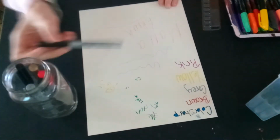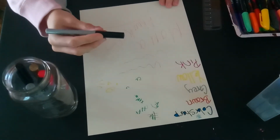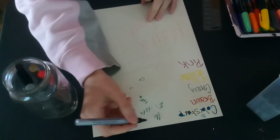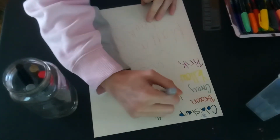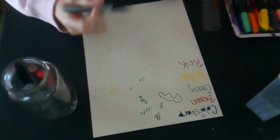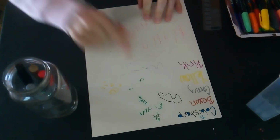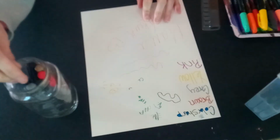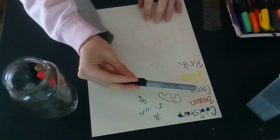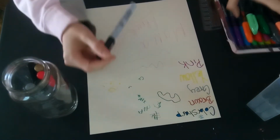And they really do hold up to what my Artist Loft markers usually do. It looks just the same, and it writes really nice and smooth and everything, just like these ones do. So for the price that I got all of these colors at and everything,